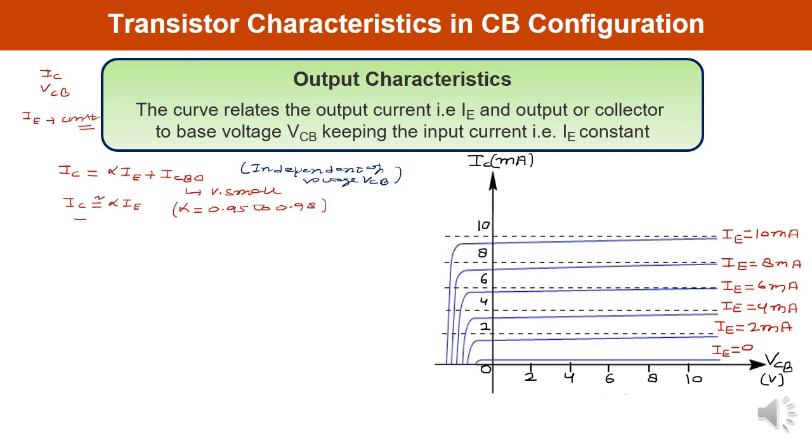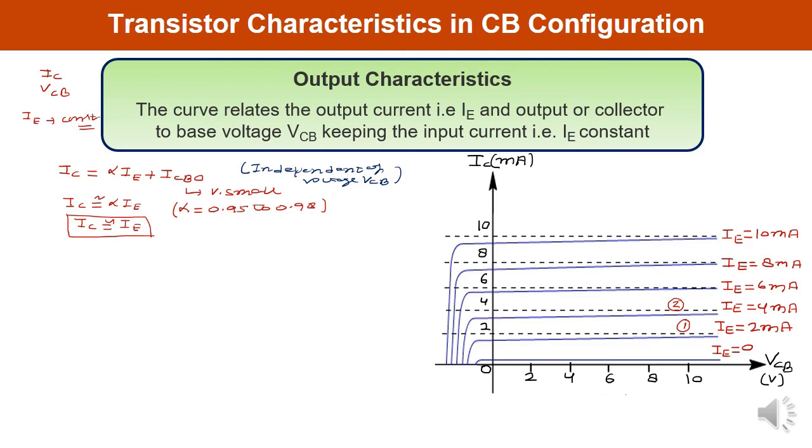It means IC can also be approximated as IE, and this is going to be helpful for us while drawing the characteristic curve. First you see this curve, number one. When IE is 2 milliampere, you can see IC is 2 milliampere. Second case, when IE is 4 milliampere, IC is also 4 milliampere. Almost a straight curve you can observe over here. There is a very small slope, almost horizontal. So this is the case. You can explain how this particular curve can be drawn.